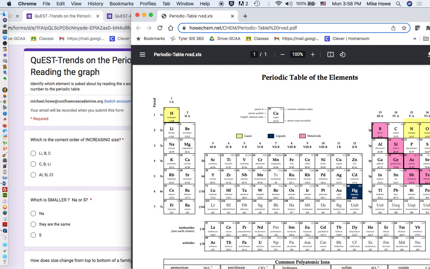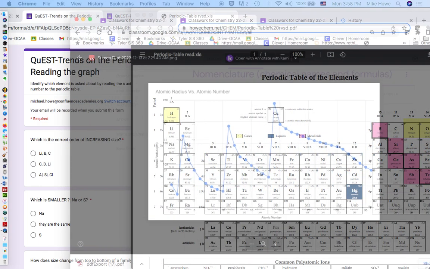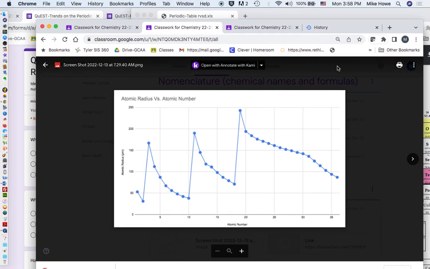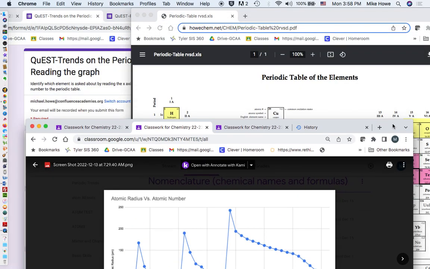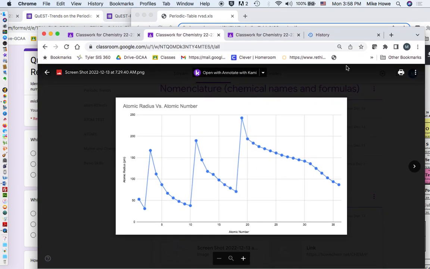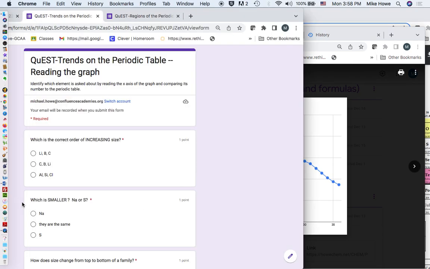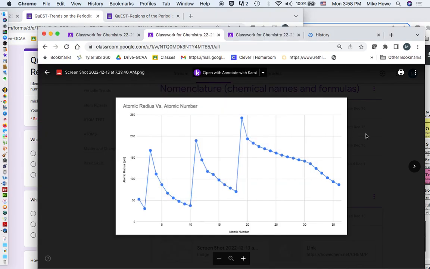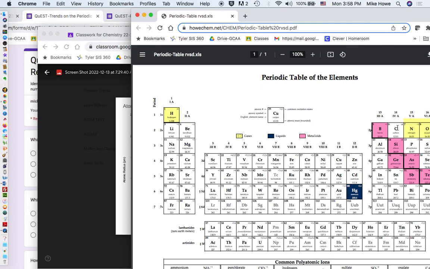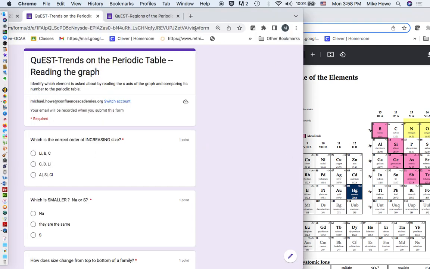So there are a couple different ways to deal with this question. If we look at this chart, lithium and boron and carbon are element 3, 5, and 6. So as you go from 3, element 3, element 5, element 6, you can see the size is decreasing, so that will be the wrong answer. From carbon to boron to lithium, that is, you have to know that carbon is element number 6, boron is element number 5, lithium is element number 3. So as you go from 6 to 5 to 3 on this graph here,